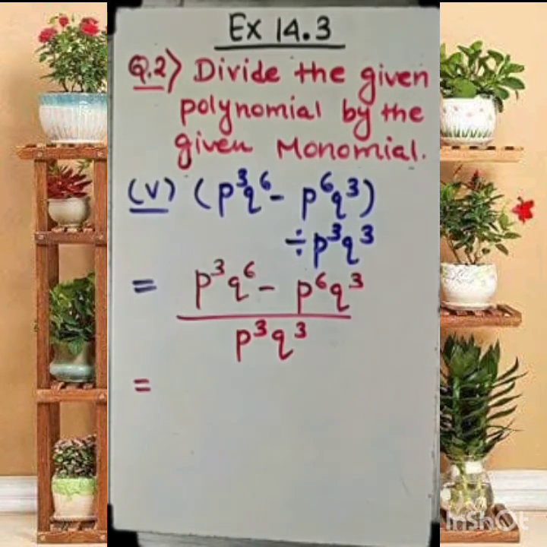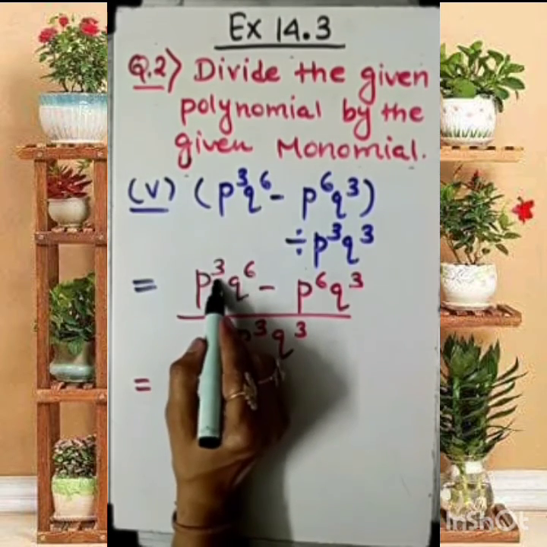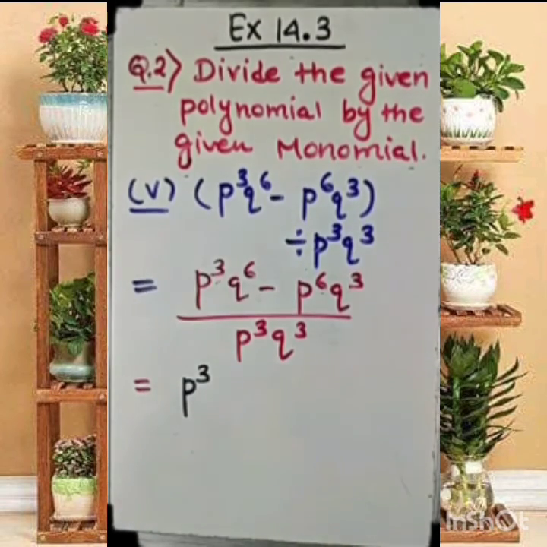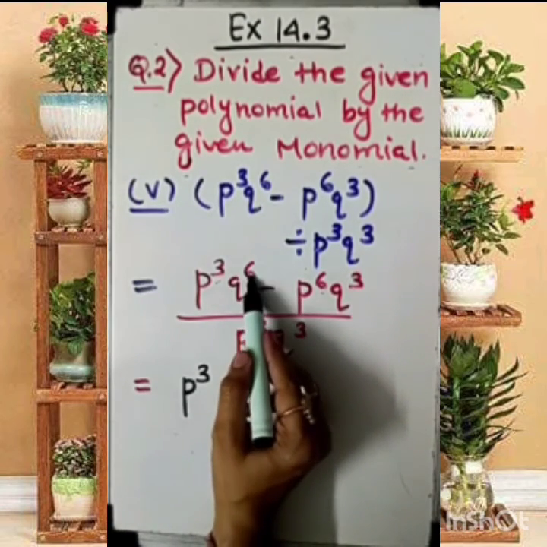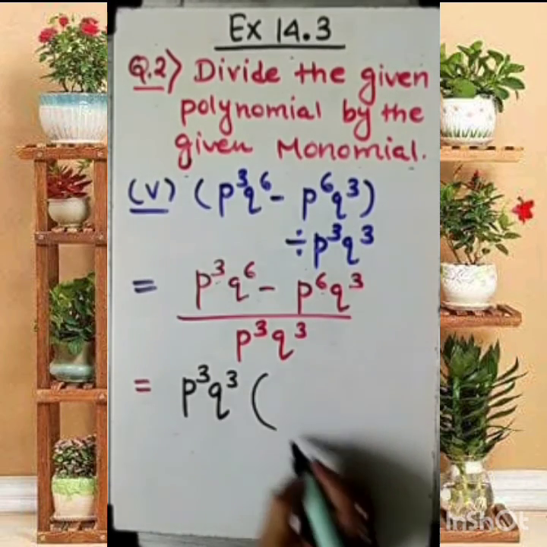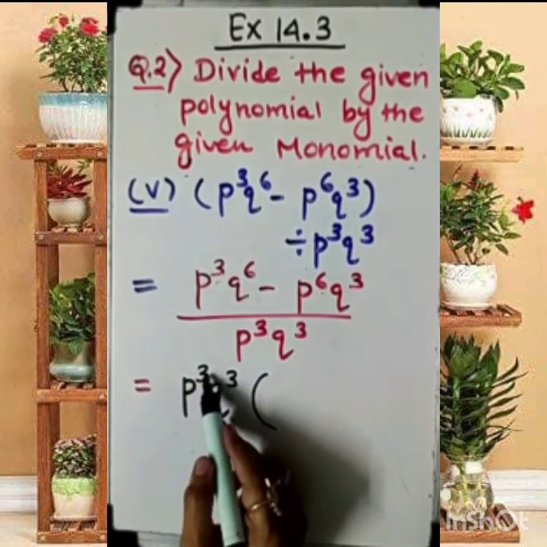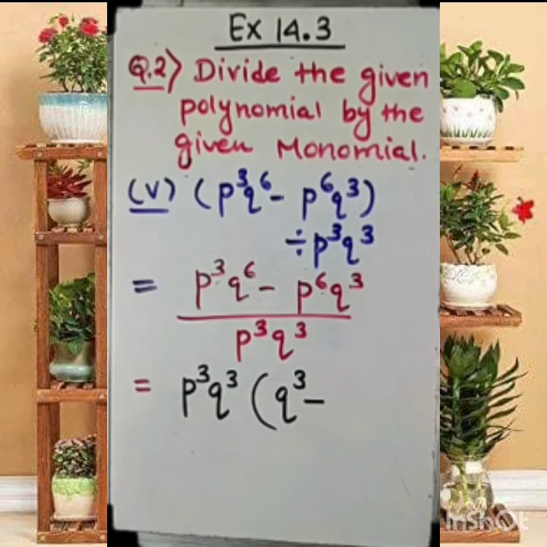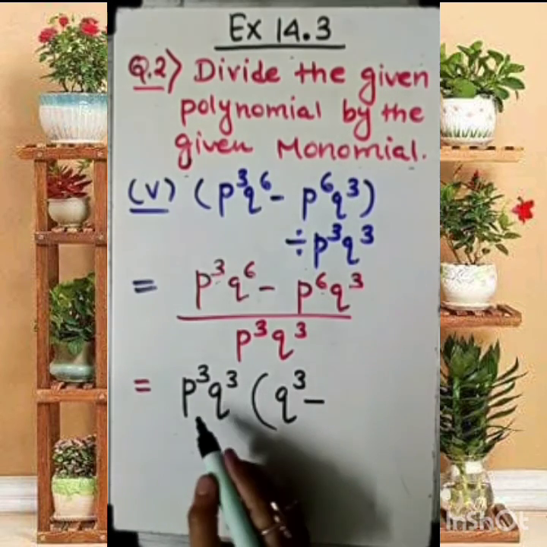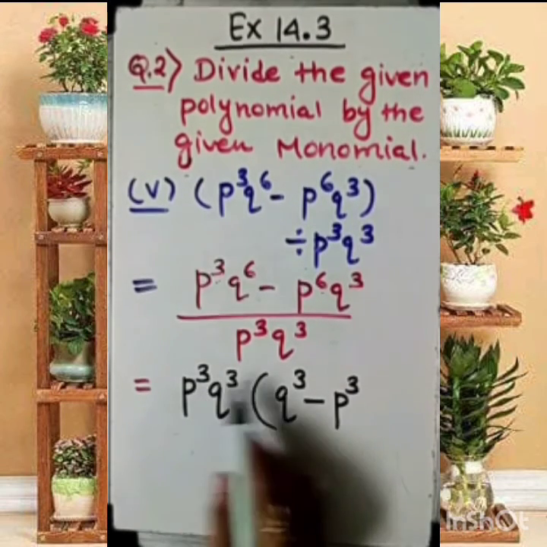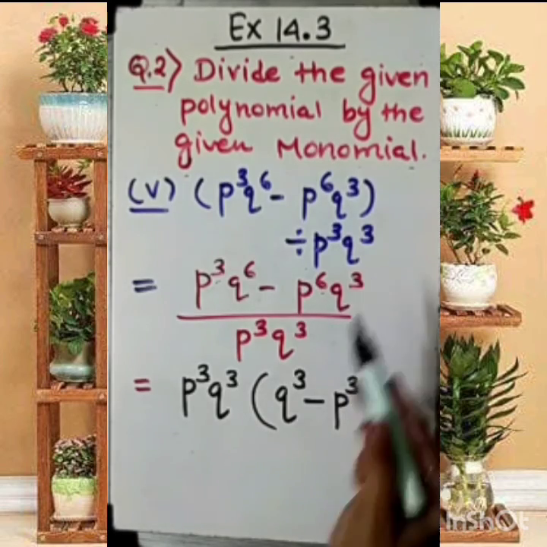So from the numerator, can I take out the minimum power of p? Here it is 3, here it is 6. So 3 and 6, the minimum power 3 is common. Now what about the power of q? Here 6, here 3. So again I should say that power 3 is common. What is left inside? This p cube is outside, q to the power 6 is here, q cube is outside, so q cube will be left. p to the power 6 is there, here p cube is there, so p cube will be left, because 3 plus 3 is 6 and p cube is already outside.